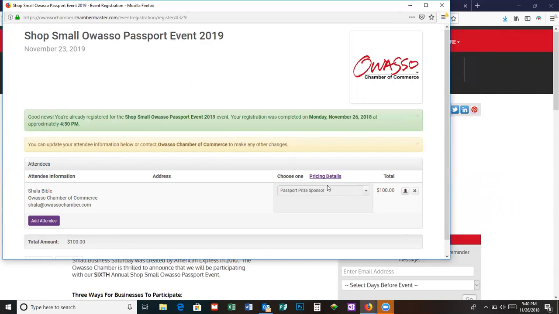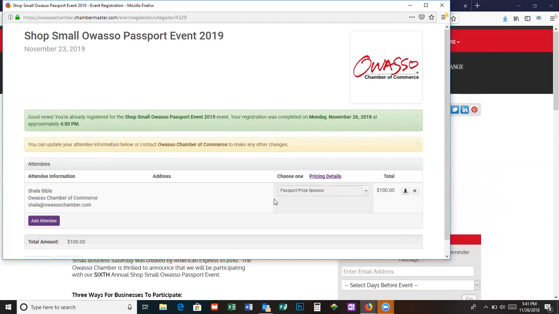And again, those are $50 each. The Passport Prize sponsor is the new thing that we want to do for if they were to have a bingo across their passport. If you think about straight across bingos, it all depends on how many businesses we have that register. So if you looked at the example that I sent out this week,